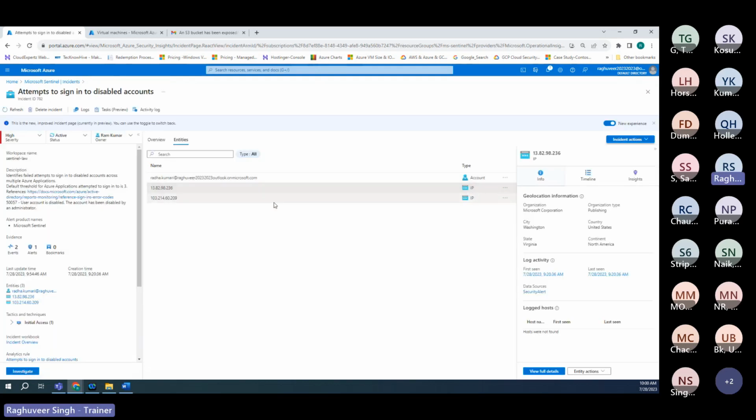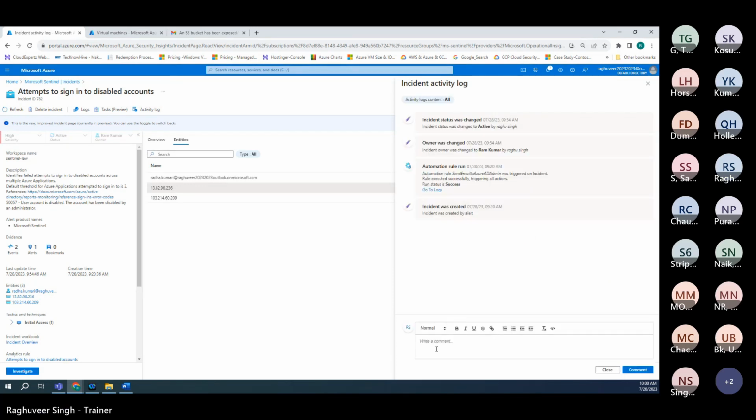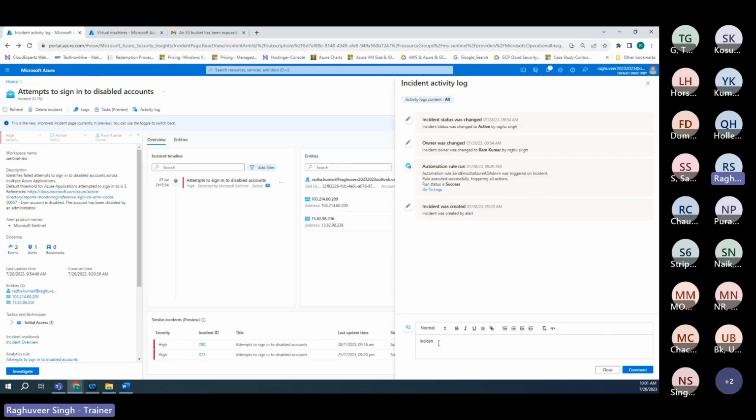So for this, I know that this user is already disabled. So what I will do, I will just investigate this. I will put into the activity log. Incident investigated, root cause identified,